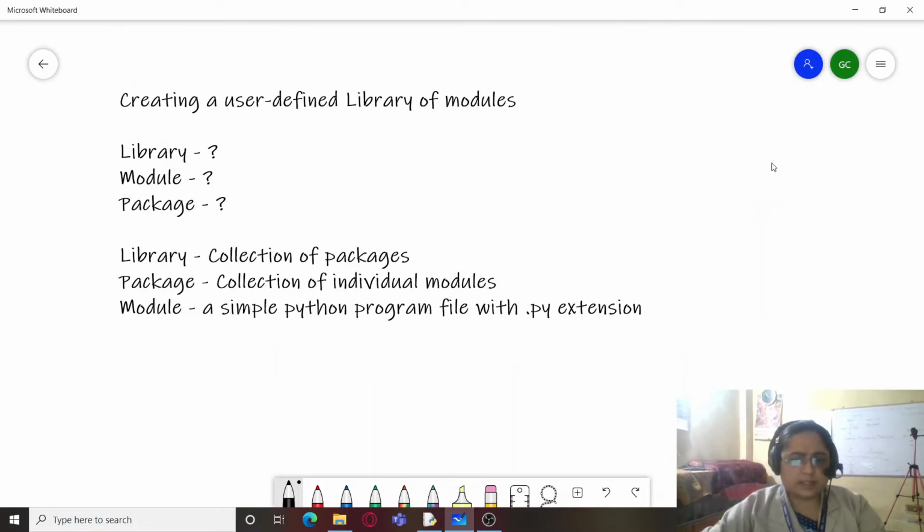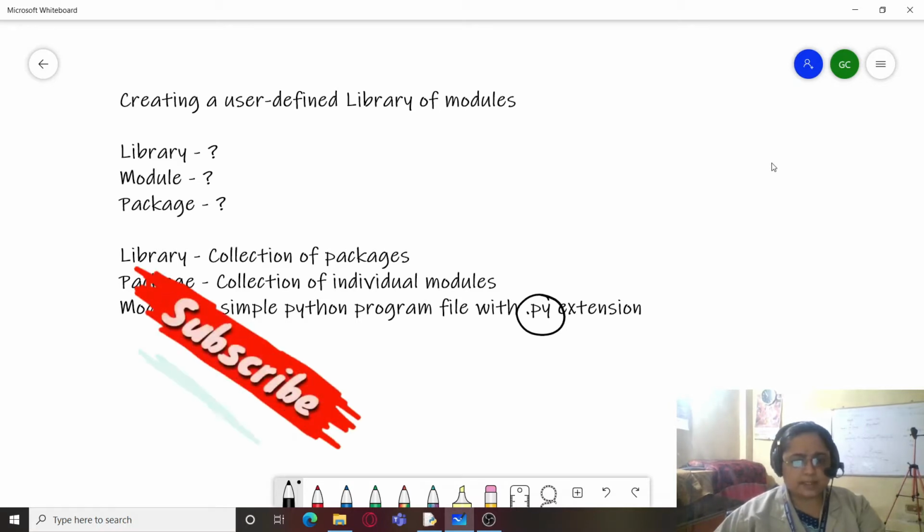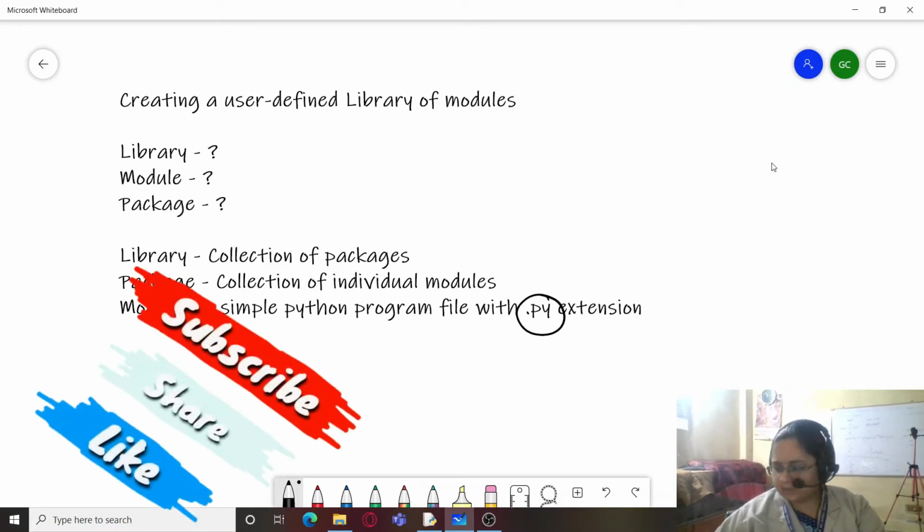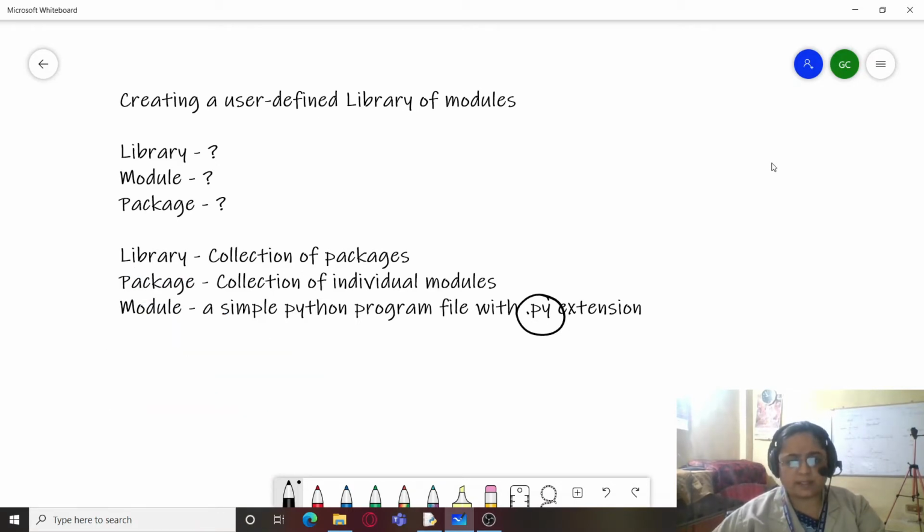A package is a collection of individual modules, and a module is a simple Python program file with .py extension. Now when I say library as a collection of packages, so here module is a simple Python program file. So we say that module is a Python file. Module is a file.